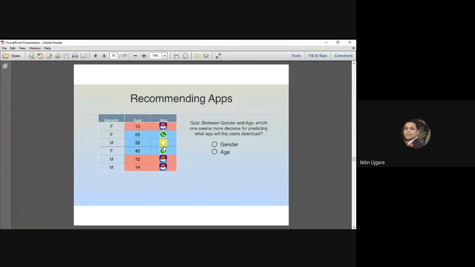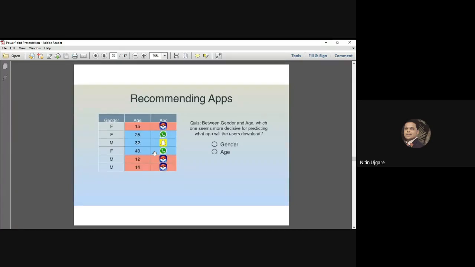Okay, now let us go to the next column, age. Now again, look at the pink color highlighted area. Let's say that the users who are younger than 20, they have downloaded the Pokemon game. Okay, so great, we have got some solution to perform the recommendation to the user. For the remaining 3 users, we cannot use the age criteria because that does not give information.